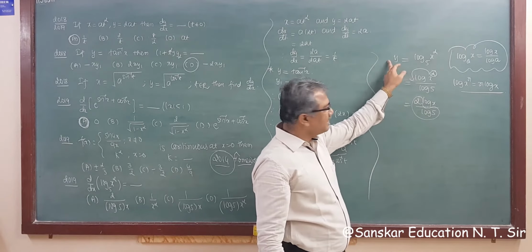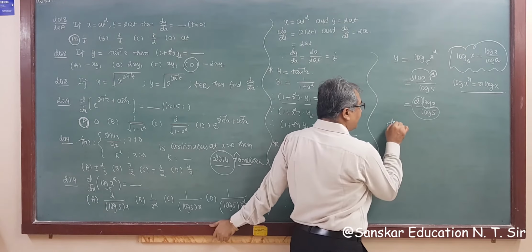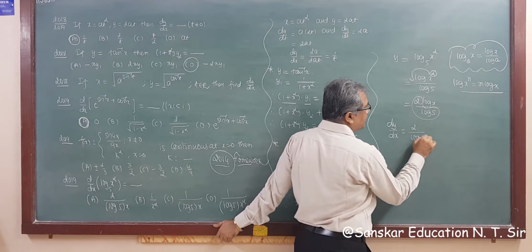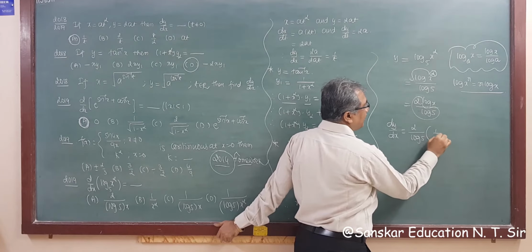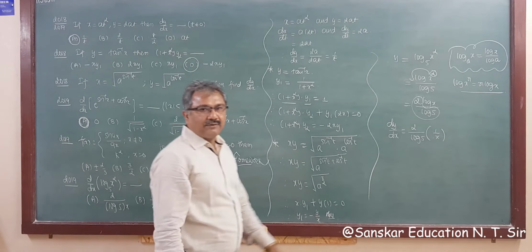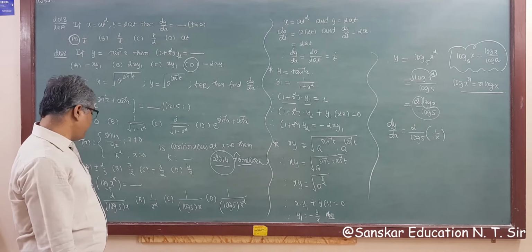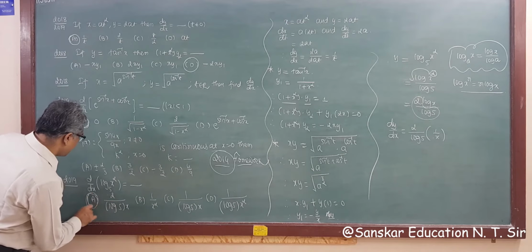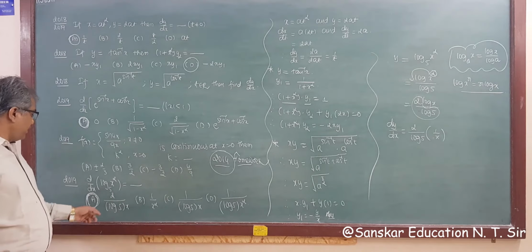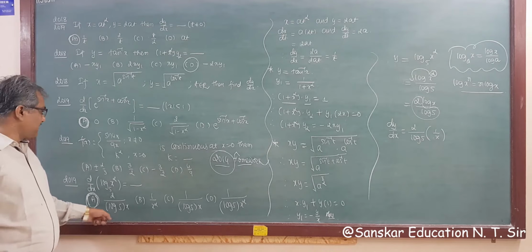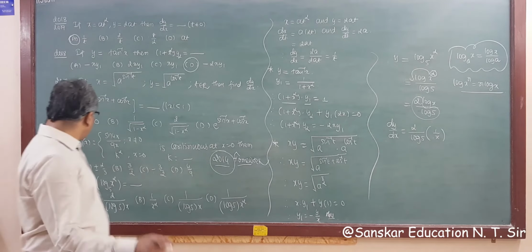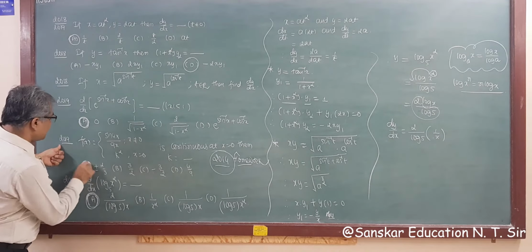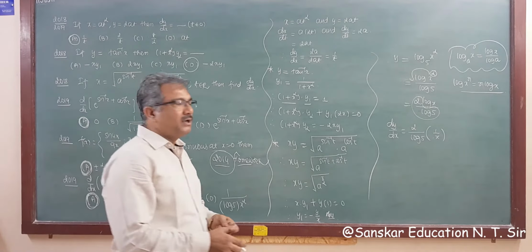So differentiating this function with respect to x, we get dy by dx is equal to 2 upon log 5 is constant, and derivative of log x is 1 upon x. So answer will be 2 upon, only one time 2 is here in this option. So your answer will be 2 upon log 5 into x, right? So in also this question you will get 4 by 9. So a is equal to plus or minus 2 by 3 is your correct answer.